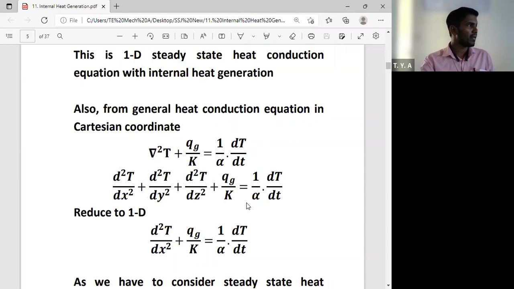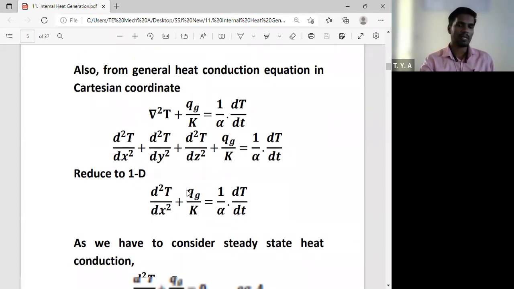आता ह्या केस मध्ये आपण काय कन्सिडर केलेलं आहे? We have considered there is an internal heat generation. So qg by k is equal to 0, is it possible? No. So therefore qg by k has some value. So we have to consider that factor. And if steady state is there, then what about the right hand side? Steady state असेल तर काय म्हणतोय आपण, anything with respect to time, that quantity becomes 0. Okay, and इथे काय, temperature changes with respect to time, so that factor becomes 0. Okay, so by putting this value we get the same equation. आपल्याला परत तेच equation मिळते.